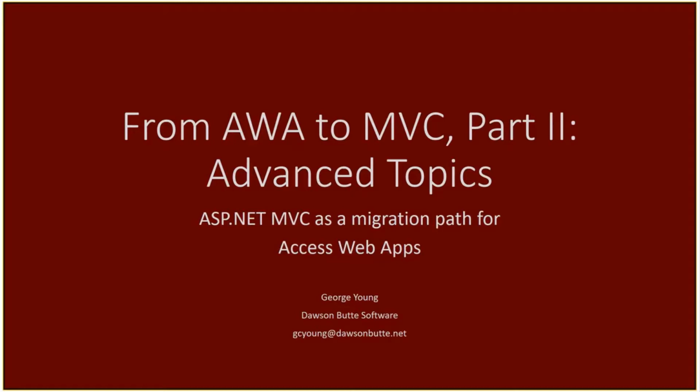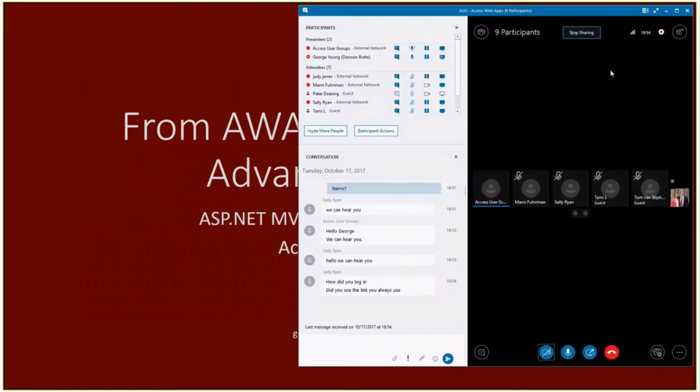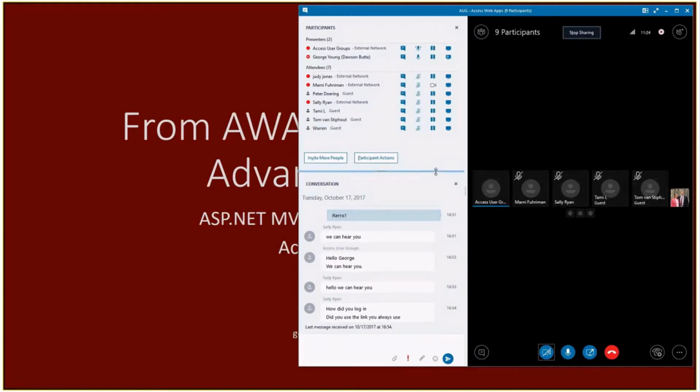One was the Zoho Creator that Julian presented. We also saw George's previous presentation on the MVC, which is a .NET solution. We saw one last month for the script-based product, which I think has a lot of promise. I don't know if it was clear last month that the script case product actually generates PHP. So for those of us who are more Microsoft-centric, that may not be a top priority, but it did look to me, I've seen it twice now, it did look to me like a really strong contender as far as ease of use and more, I would say, the drag and drop kind of design for the sort of